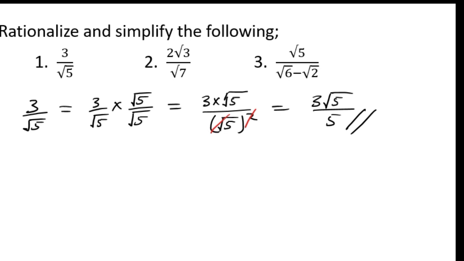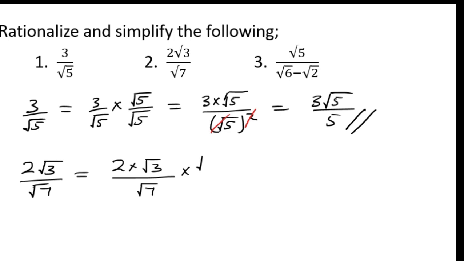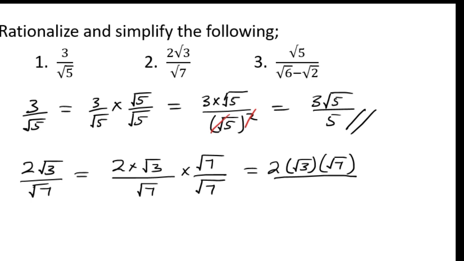Let's look at the next one, which is 2 root 3, all being divided by the square root of 7. So we also have here 2 times root of 3 divided by root 7 times the irrational denominator, which is root 7. Okay, and when we work that out, this will give us 2 times the square root of 3 times the square root of 7, and all this is being divided by the square root of 7